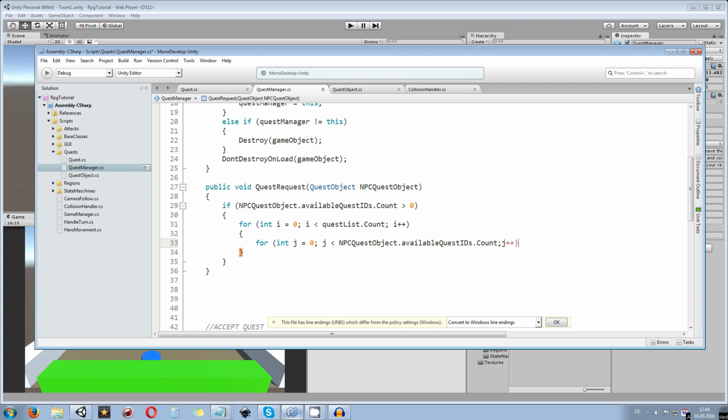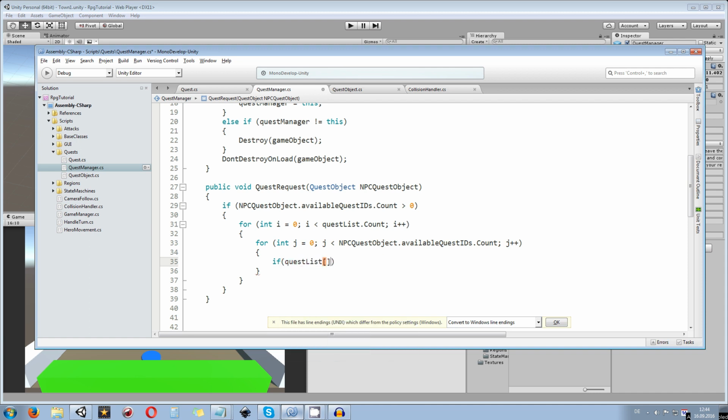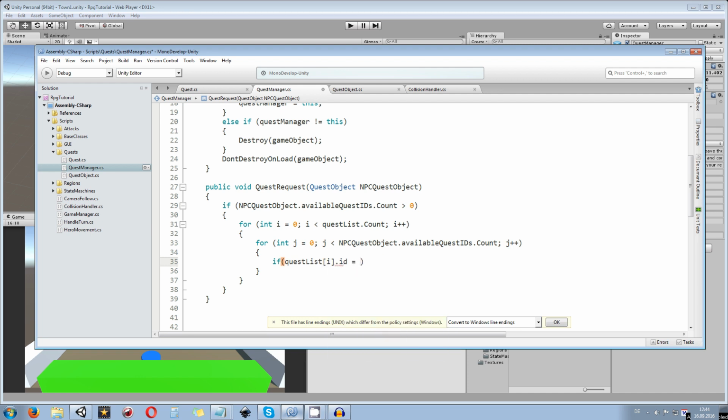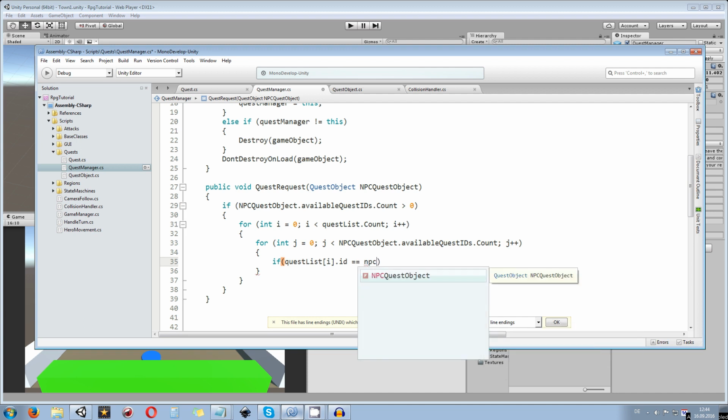This way we can check all quest IDs per quest inside and see if anything is going to match. So when we have something which is matching, then what we want to do is check for the IDs, of course, while we are going through. So if the quest list in square brackets I dot ID is going to be equal to one of that current NPC quest